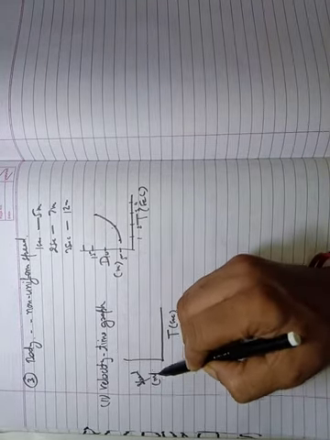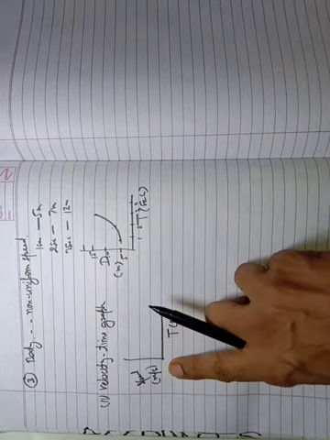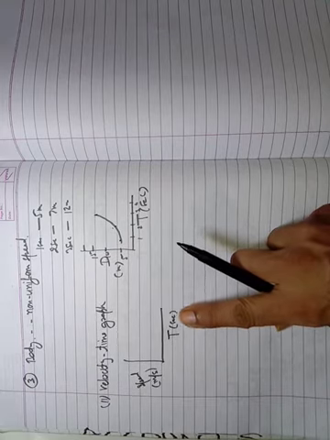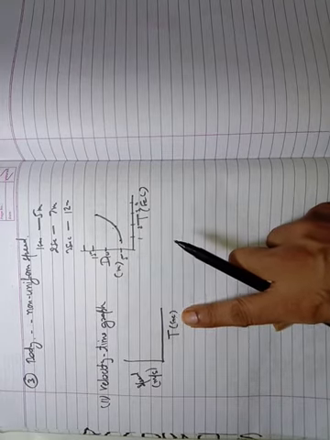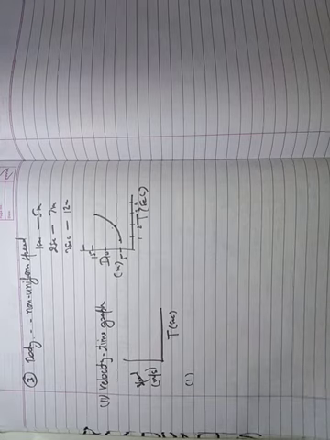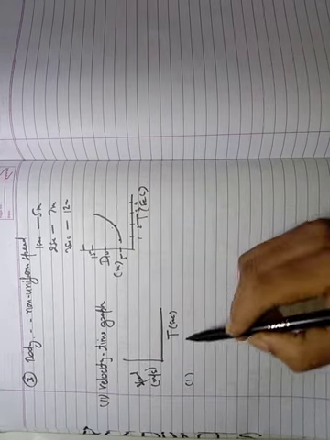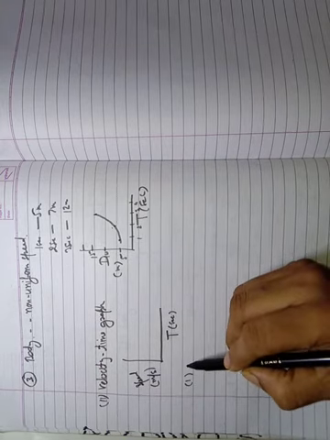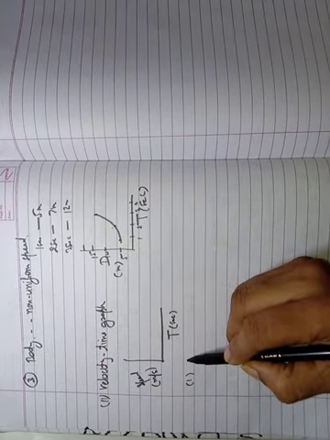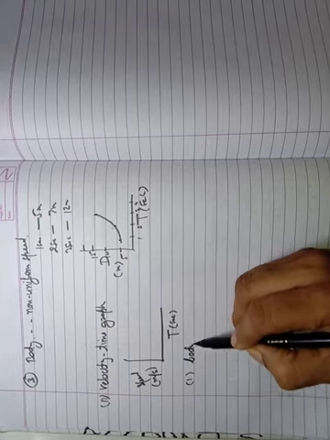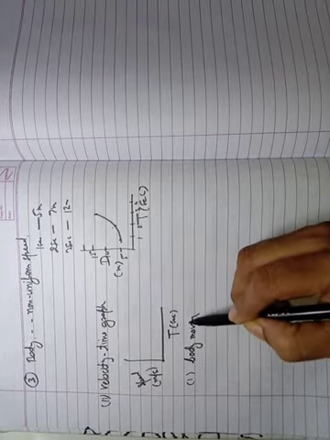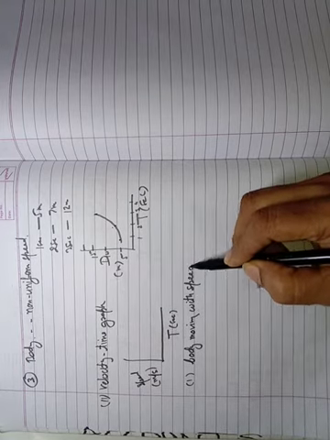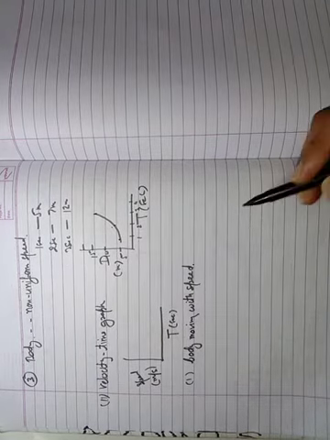This is speed. It can be in meter per second. I am using meter per second here. It can be kilometer per hour, according to the time in hours. Now what type of graph can it be? First, if a body is moving with a constant velocity, I will make a graph for it. I am writing here a velocity time graph for a body moving with a constant speed.